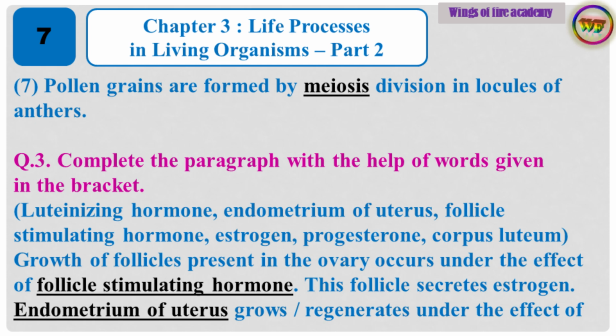Question 3. Complete the paragraph with the help of words given. In the bracket, your options are the following: luteinizing hormone, endometrium of uterus, follicle stimulating hormone, estrogen, progesterone, corpus luteum. Answer. Growth of follicles present in the ovary occurs under the effect of follicle stimulating hormone. This follicle secretes estrogen. Endometrium of uterus grows or regenerates under the effect of